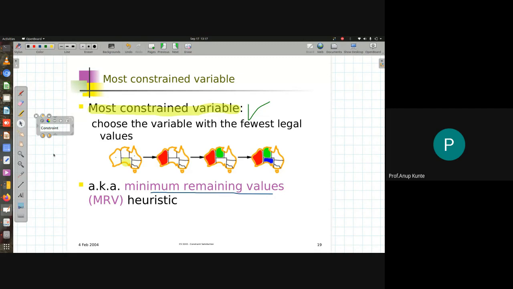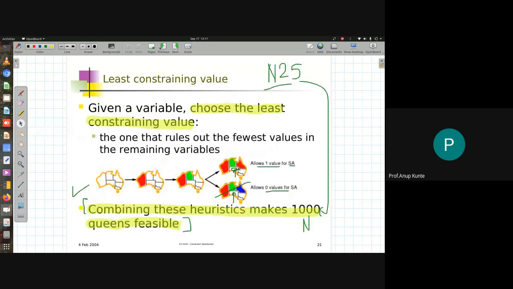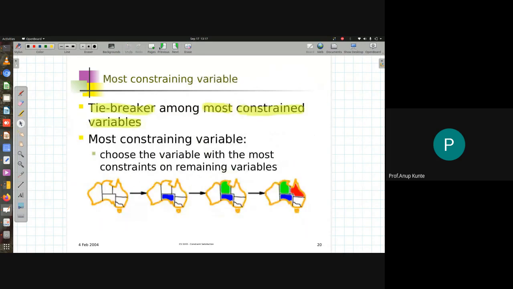Now going ahead, the next kind of issue that we may get into when we are using this most constrained variable strategy is, there may be a situation where I have to have a tiebreaker because there are multiple variables that are most constrained variables. It may be a scenario like that. So if I'm using the most constrained variable, I will choose to color this region which is at the heart of this map, because it is connected to most of the other regions. So this region is connected to 1, 2, 3, 4, 5 regions.